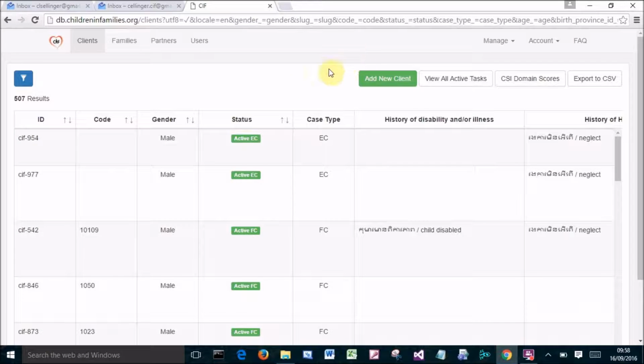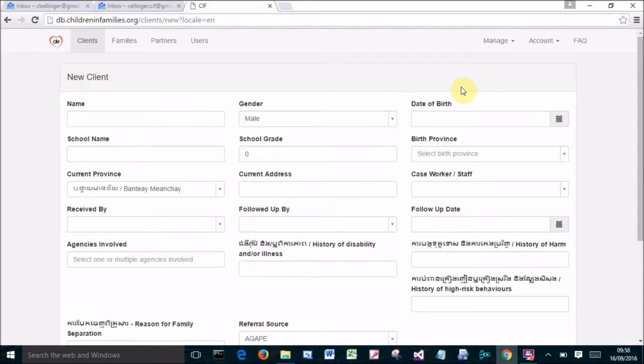Okay, so now I'm going to show you the process for adding a new client to the database. When you're looking at the main data screen that we've got here, you'll see that the Add New Client button is up the top. This walks our workers through the process of receiving a referral from a third party, perhaps from local government or one of our partner NGOs. When you click in, you see that